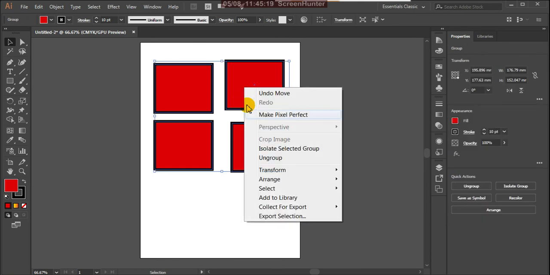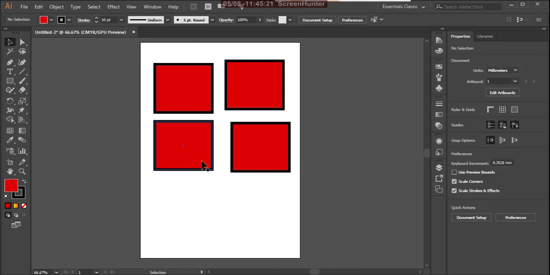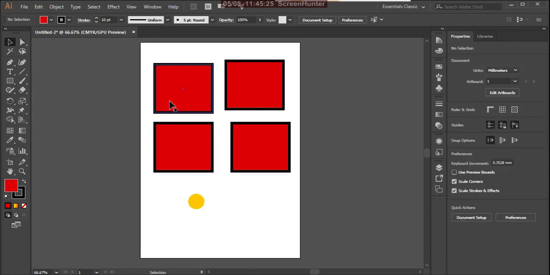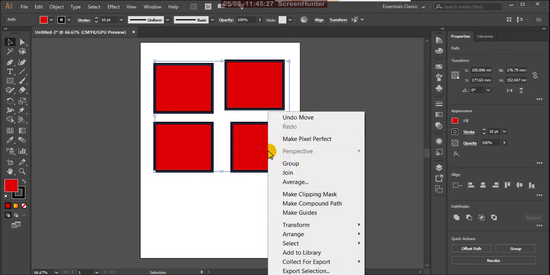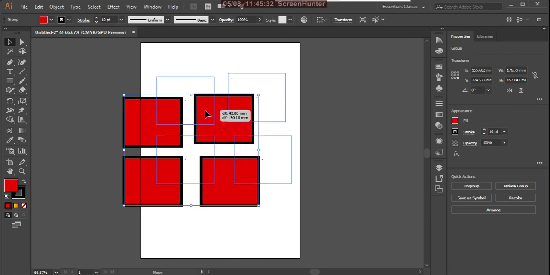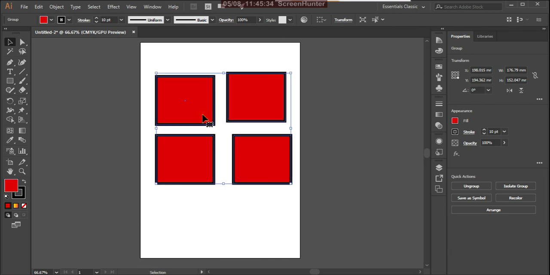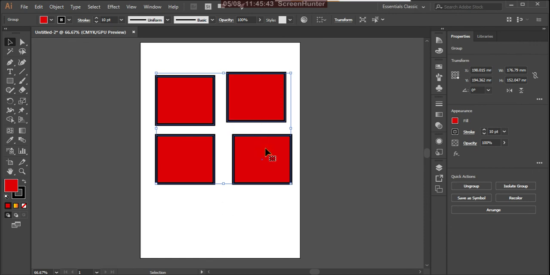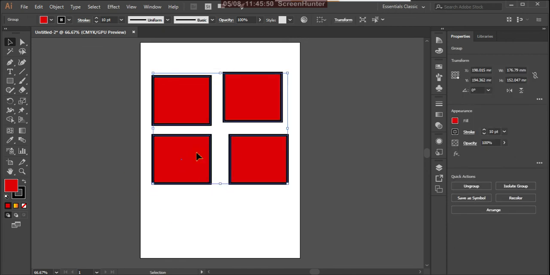Suppose I ungroup now, I can select this one object and move it. Then again group, and move, and the whole 4 boxes are moving. Even though it is in a group, I want to move one object only, but we cannot because these are grouped.